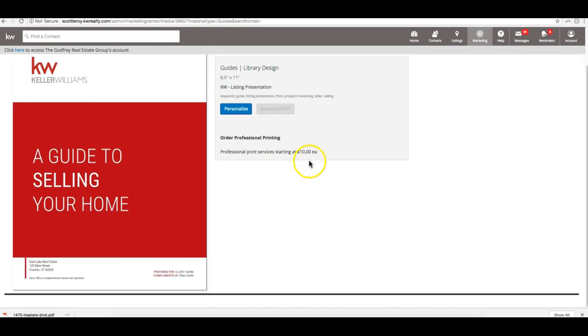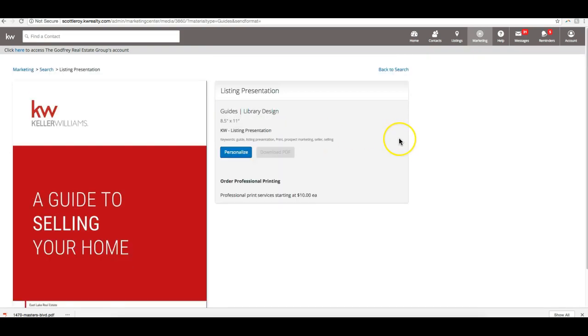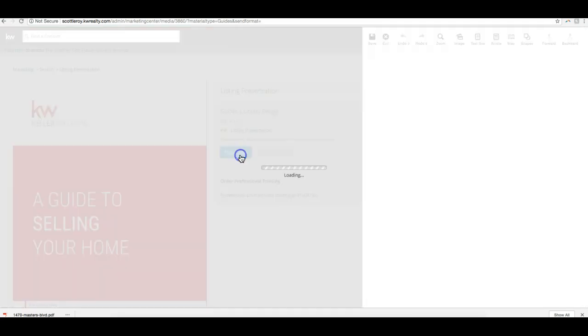All right, we don't have the option to just download the PDF because we do need to personalize this first. There's just one little spot that you have to change. So if we click Personalize,